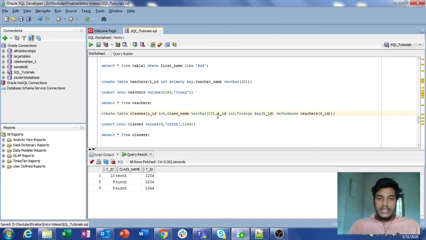What we have done here is, the teachers table is used by the classes table. For one class we can have multiple teachers, and one teacher can deal with multiple classes here, like one teacher can teach multiple subjects to different classes. That is nothing but teacher is in a one to many relationship with classes. So that is how the foreign key gets used.